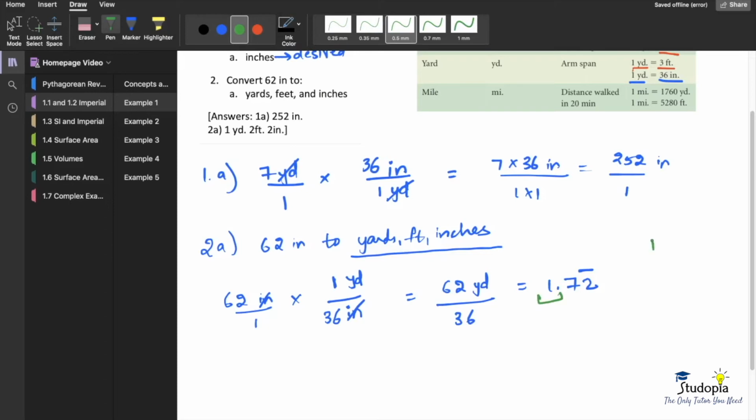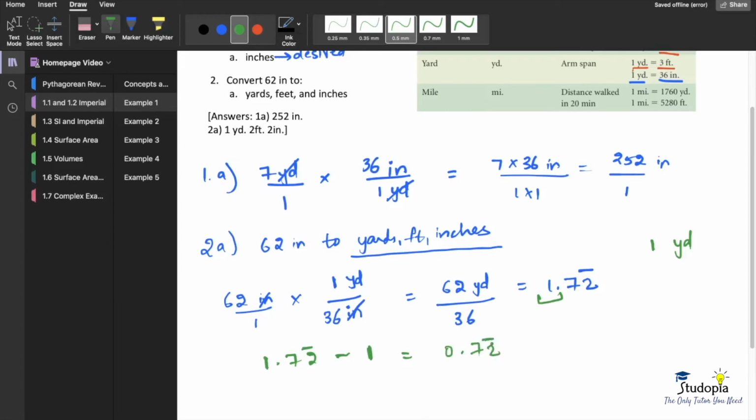So we're going to keep that to the side and call it 1 yard because that's my first desired unit. And let's take the number that's not a whole number, so the decimal. So what I want you to do is whatever you have on your calculator, the whole thing, okay, not just 1.72, but everything that's on your calculator, and subtract it with the whole number that we just put away. When you do that, you should get